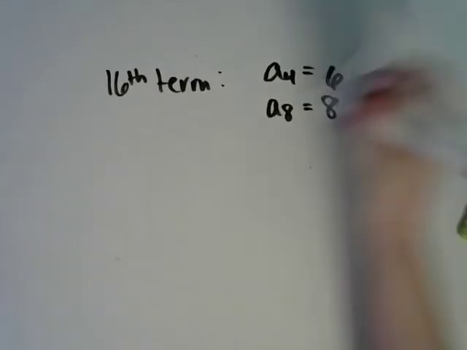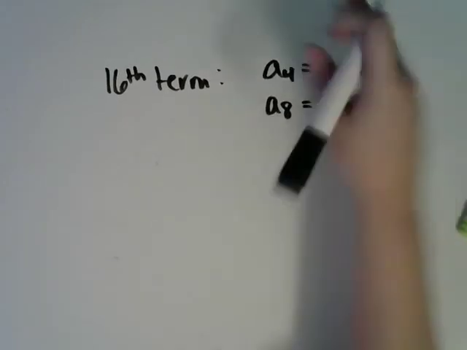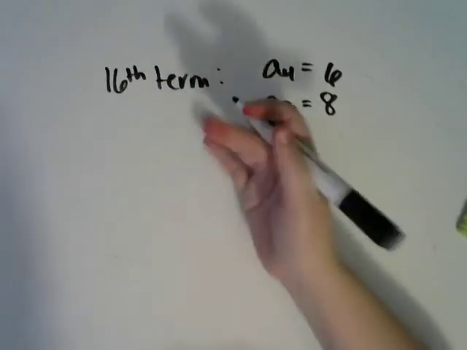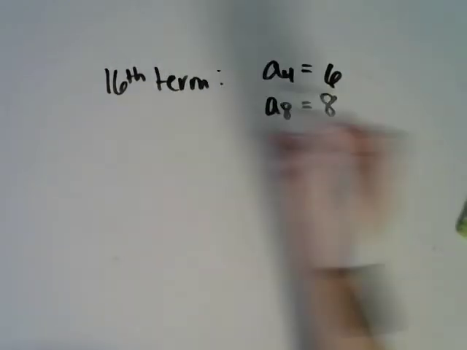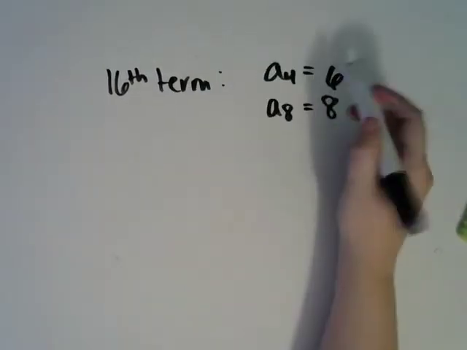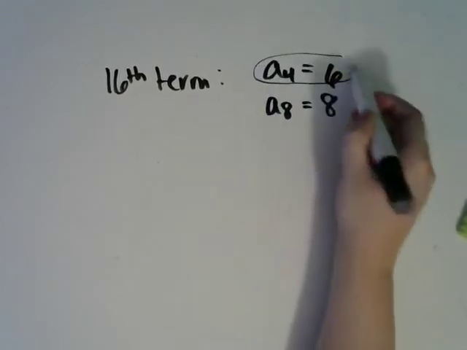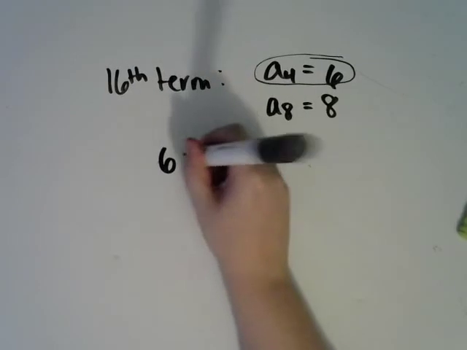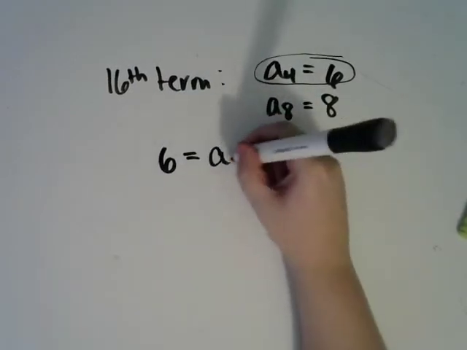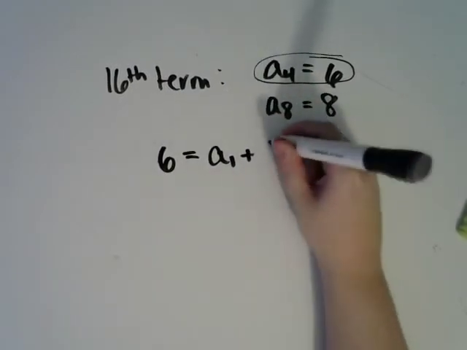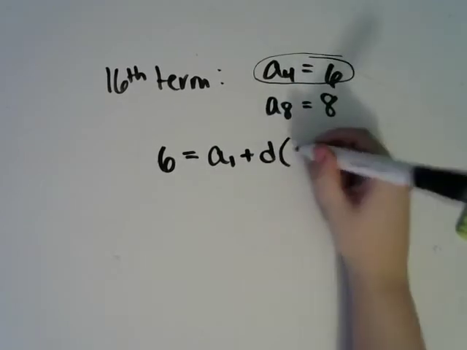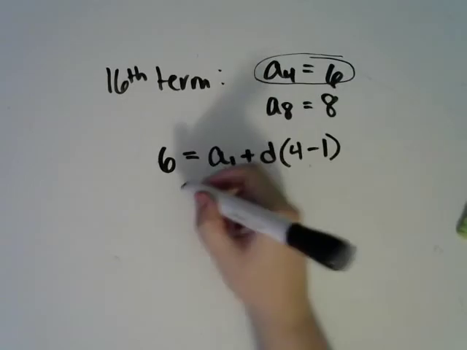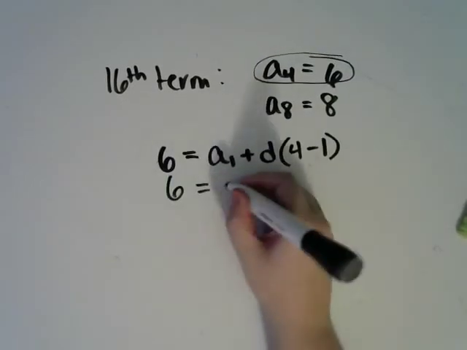So we have 2 pieces of information. We're going to make 2 equations. That's a system of equations which we're going to use to solve for the 16th term. Here we have that the 4th term is 6. So we can say 6 is equal to an unknown first term plus an unknown common difference times 4 minus 1. Simplifying, we get 6 equals